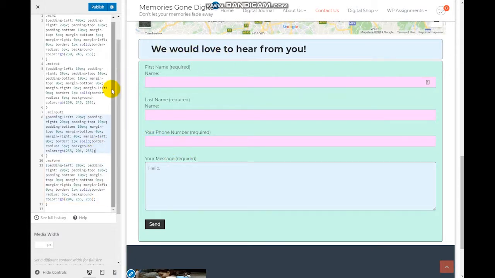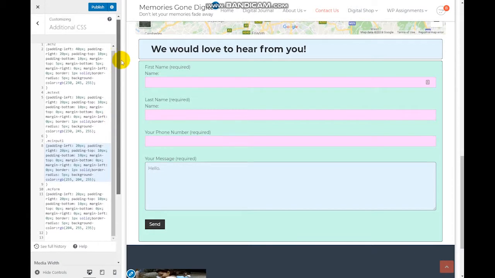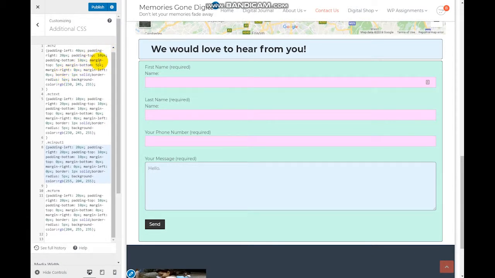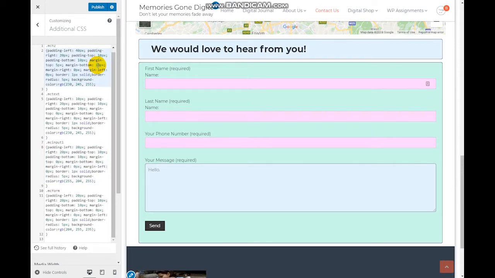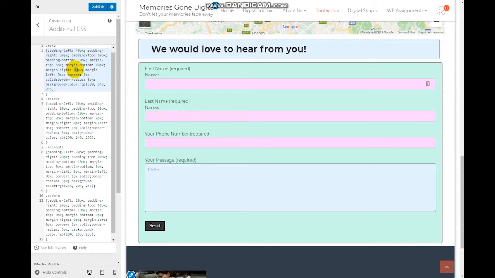and I can change the distance of the header from the rest of my form simply by changing the margins. So I can change my margin bottom to 10 pixels and stand it off a little bit. I can change my margin right to 10 pixels or 50 pixels, so that it definitely has its own space and has its own area, so that it stands as a title rather than kind of being absorbed in the